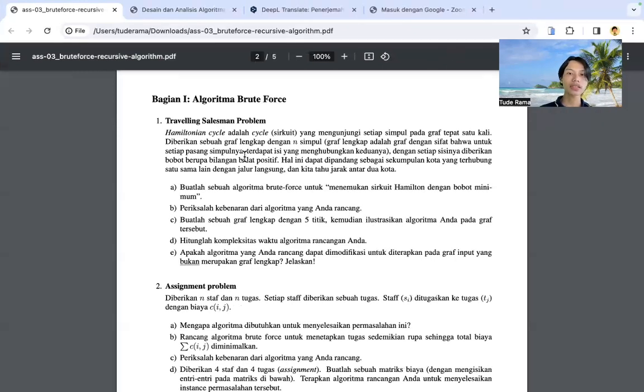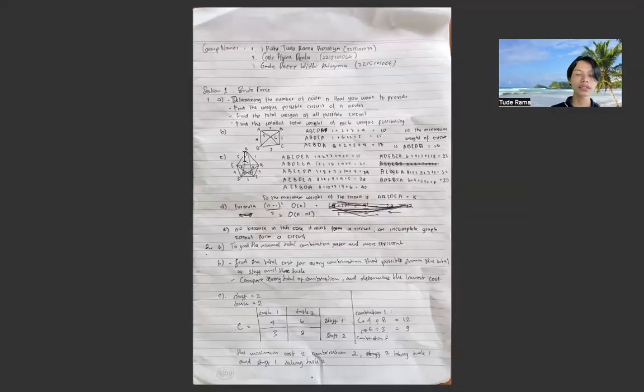And the last section asks whether the algorithm you designed can be modified and applied to an incomplete graph. The answer is no, because in this case it must form a circuit, and an incomplete graph cannot form a circuit.